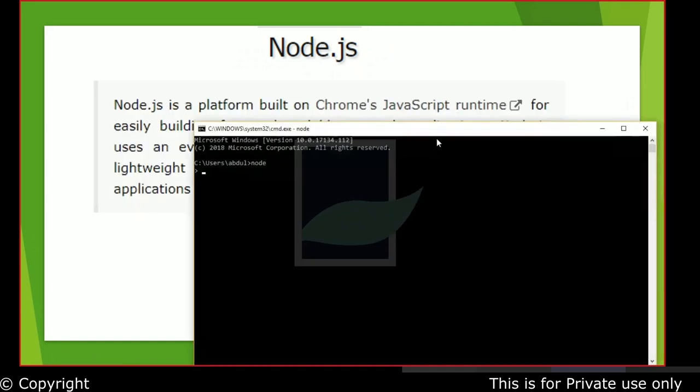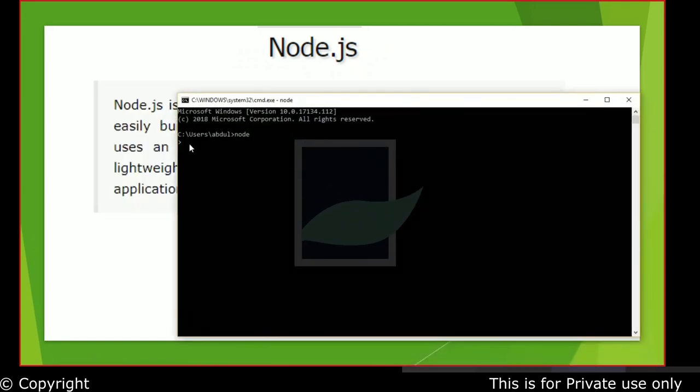Once I say node, I am in the Node world. The prompt which you see here is a Node prompt. If I just say 1 plus 5, it understands that it is JavaScript which is being executed, and it went ahead and gave me the output.